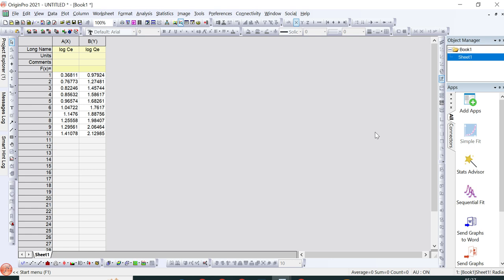So how can you fit your Freundlich data to the linear equation? For this, you have to take the values of log CE on the x-axis and log QE on the y-axis. First of all, you need to calculate CE. If you directly calculate the residual concentration from your instrument, then well and good. But if you are unable to find the equilibrium concentration after the adsorption process, then you have to use a calibration curve,